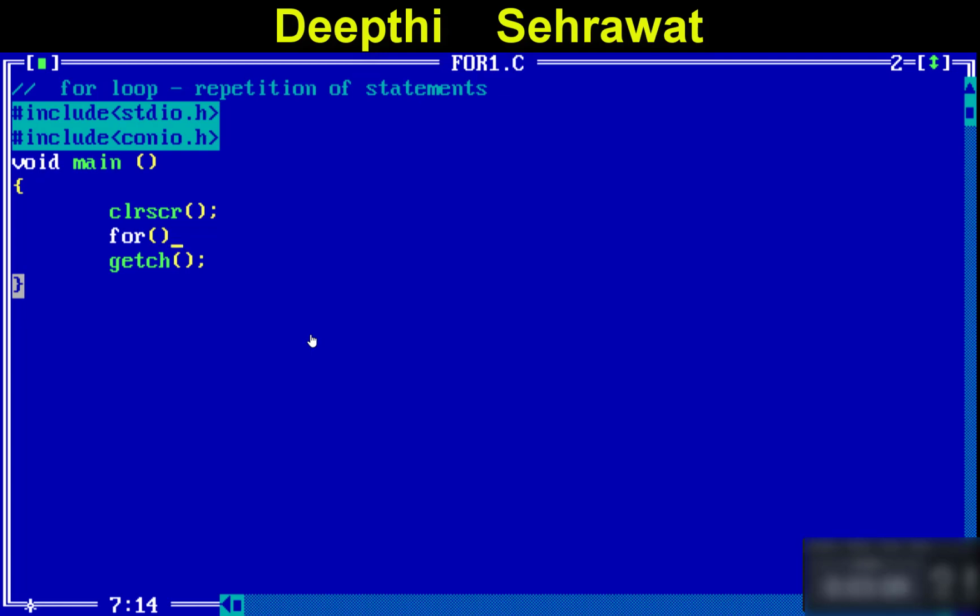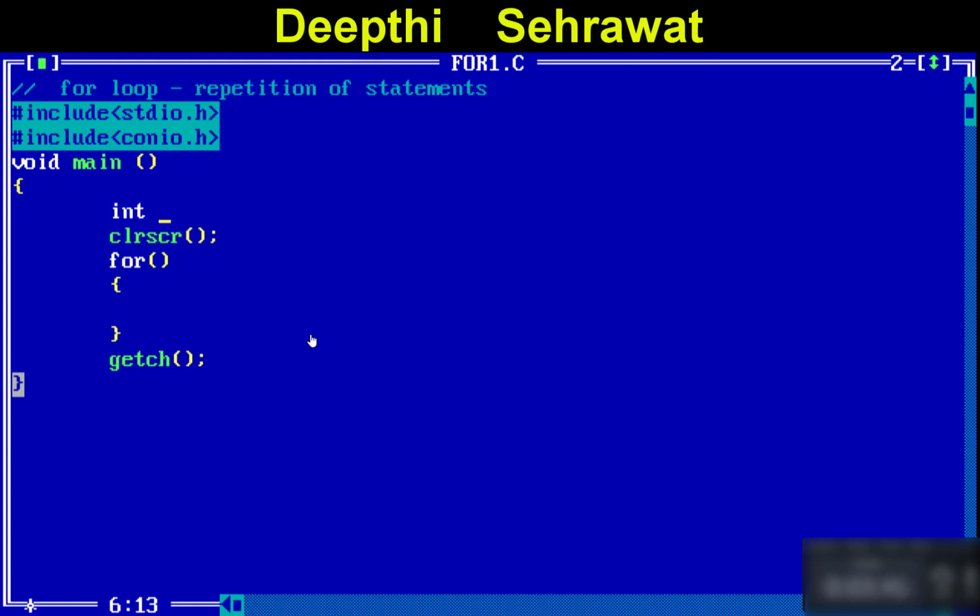Now similarly, as in if and else, we had some curly brackets. Here also we'll have curly brackets in which we'll write whatever statements we have to print. So we'll write everything inside it. If there is one statement inside the for loop, then there is no need to write the curly brackets. But we have to explain so many things, so for the time being, I'm writing them. So what we have to do here is, first of all, declare a variable, let's say